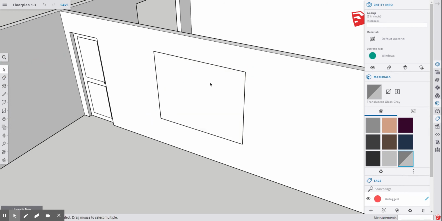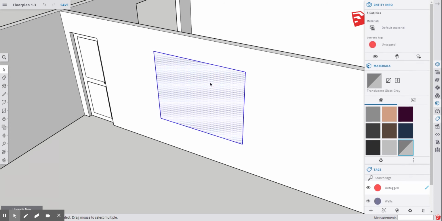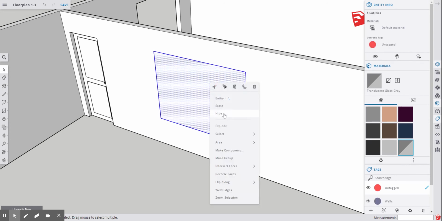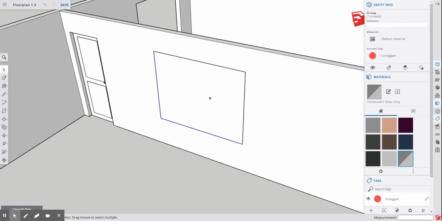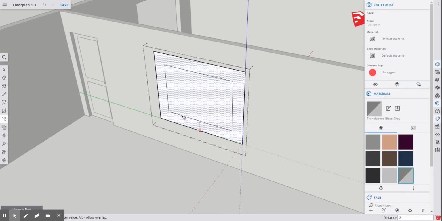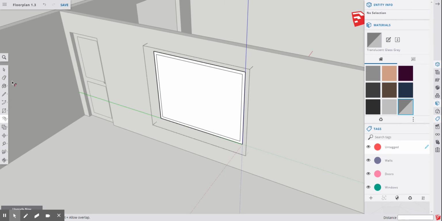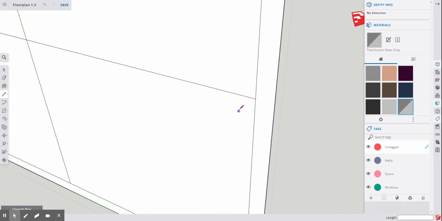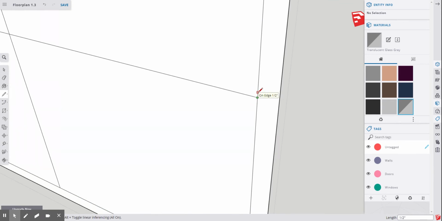It's a surface, double click, right click, make group, double click into the group, offset 2 inches, pencil, find the center, all the way down, find the center, all the way over, distance of 1/2 inch,